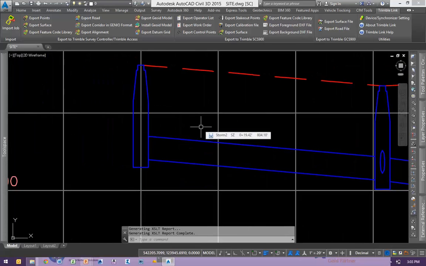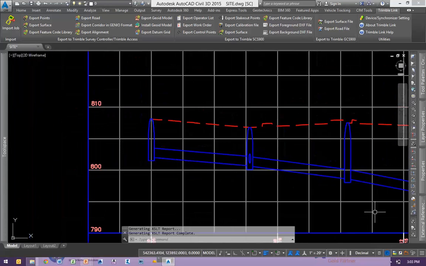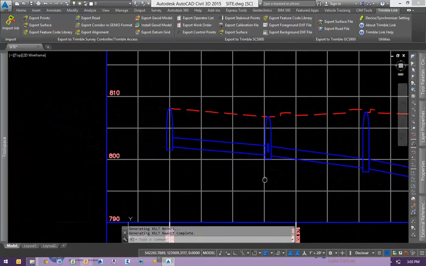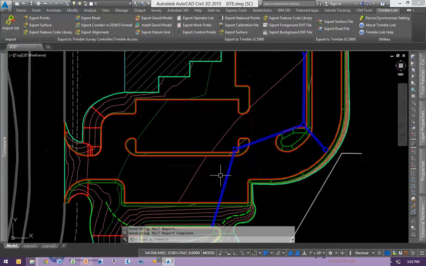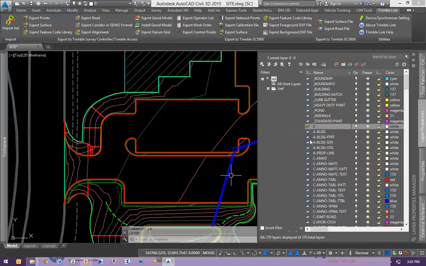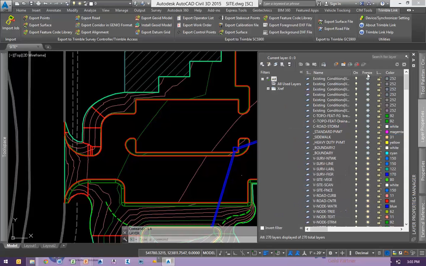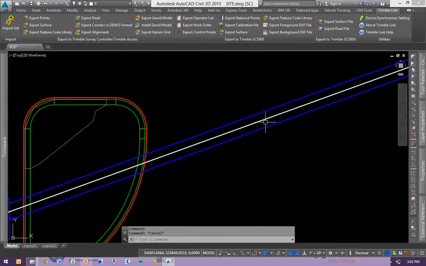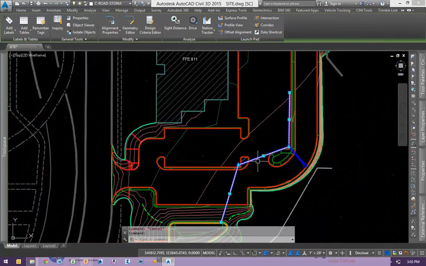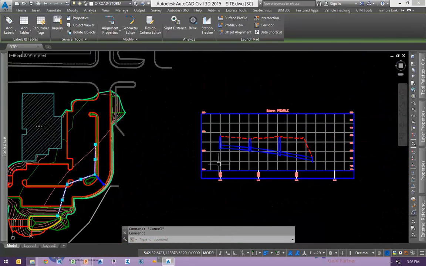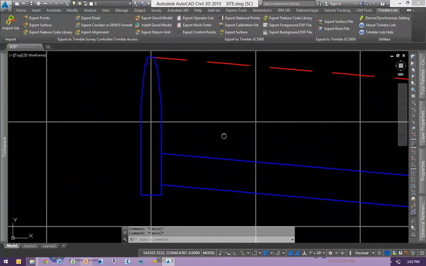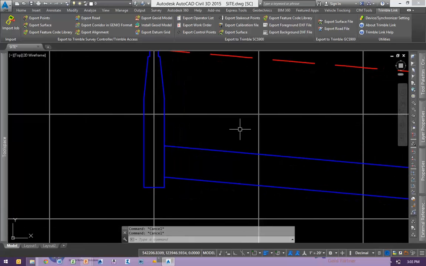What you have to do, if you want to be able to stake along this as though it's an alignment and profile, you have to generate the alignment and profile. So we have the alignment here. I believe I have it in here. If I don't, I'll create it quick. Okay. We have an alignment. Pretty straightforward. We need a profile representing invert. There's no way to automate this. The ways I've found to do it